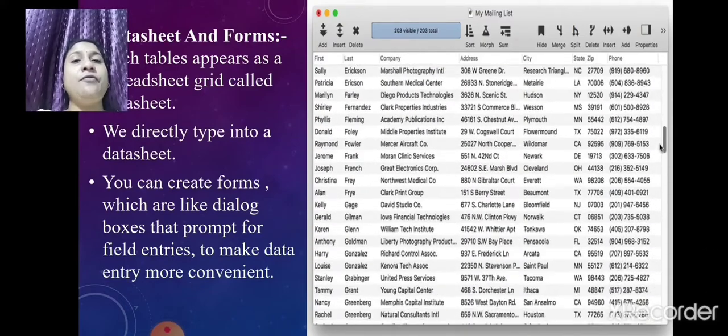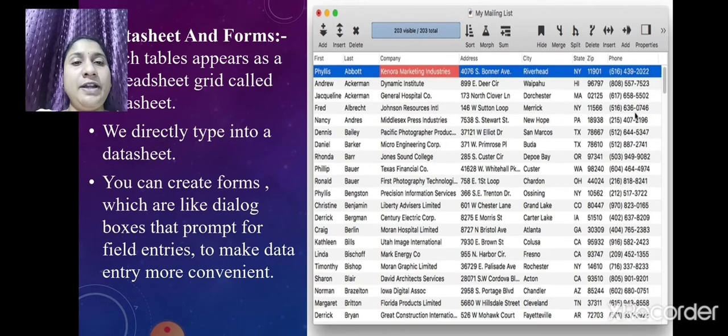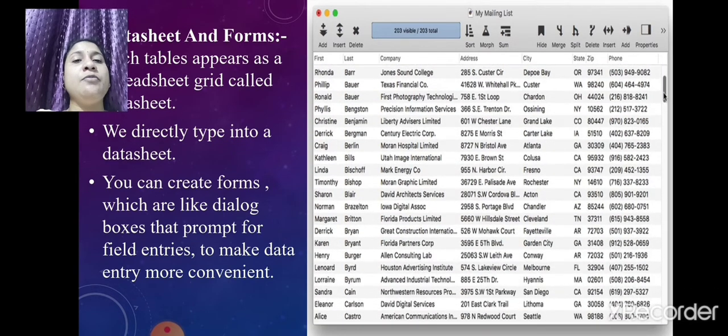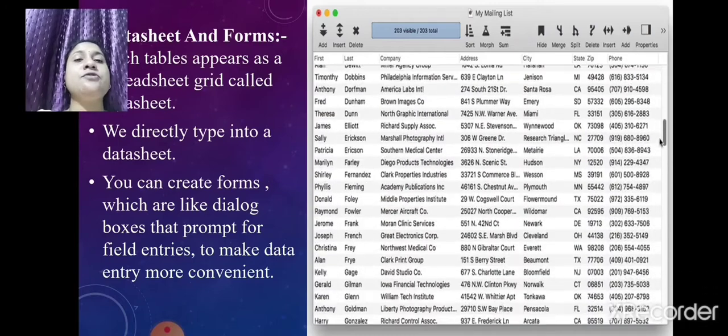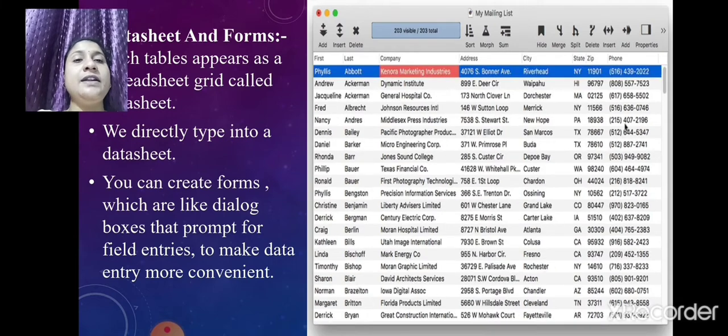You can create forms, which are like dialog boxes that prompt for field entry to make data entry more convenient. So we can also create forms.